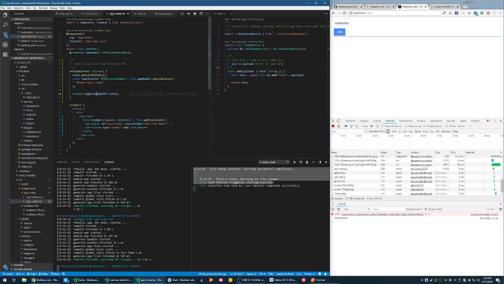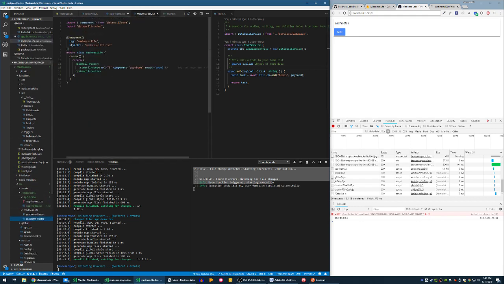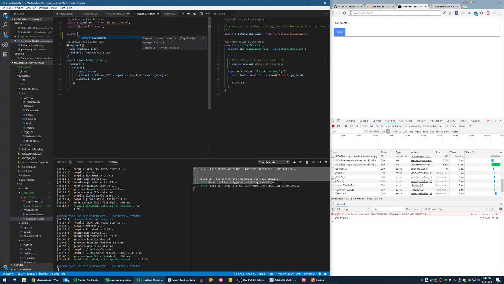So I need to now make an API call, so I can actually use the database. So if you looked in the main file, or actually what I want to do here is probably pass through the database service and instantiate that right off the bat, because I'm going to be using that throughout this application. So I'm going to go ahead here at the top. I'm going to import database service from